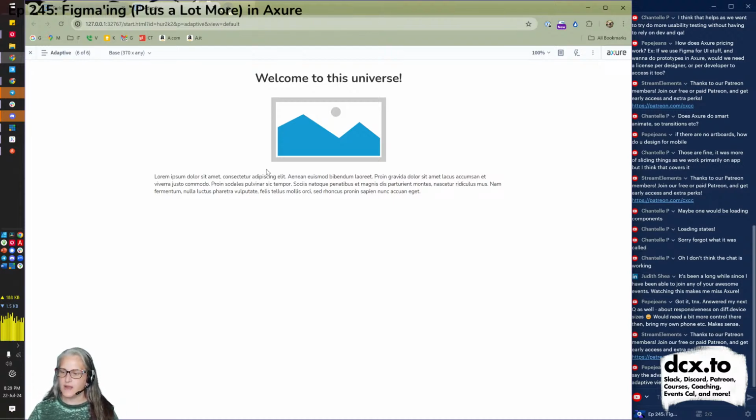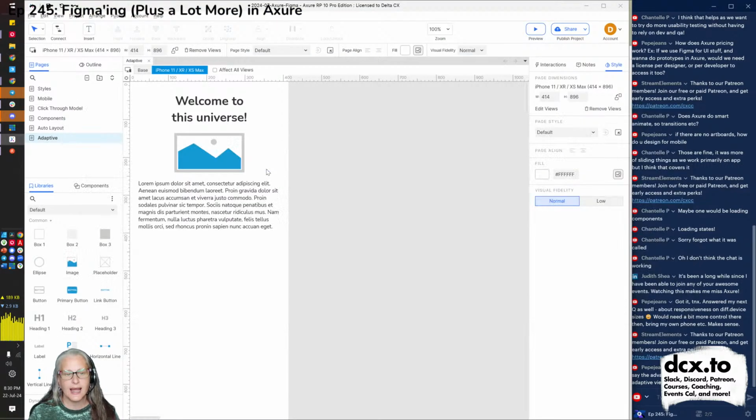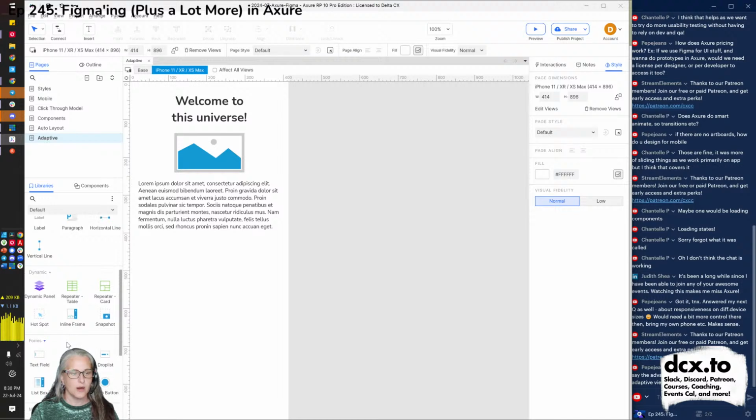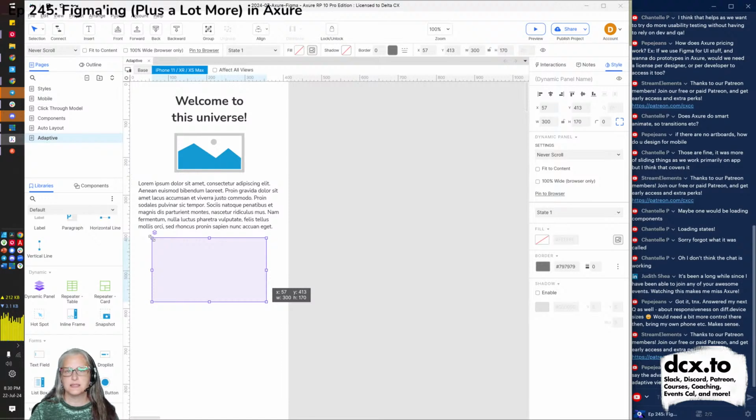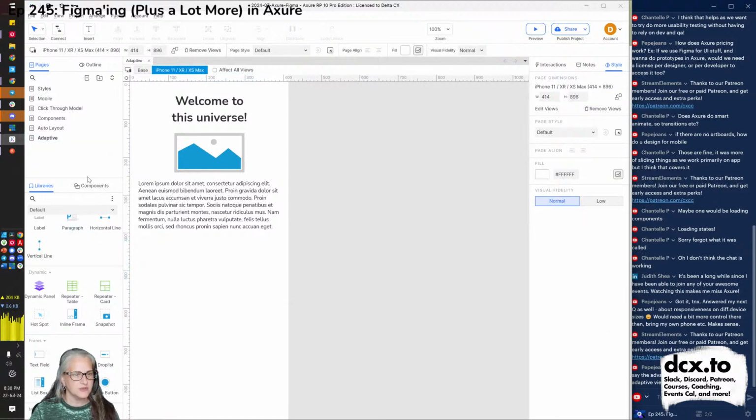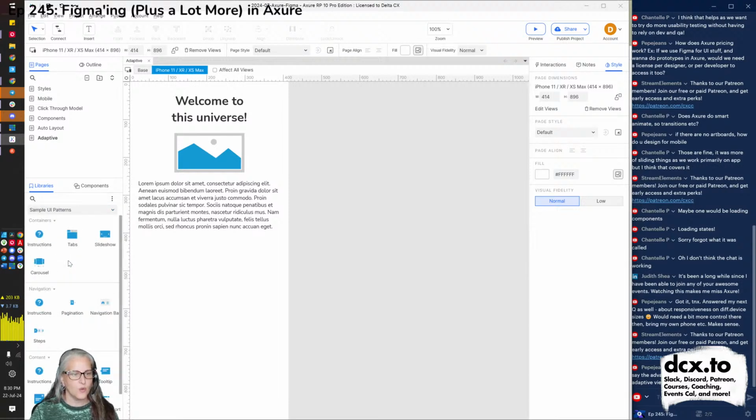What would you say the advantage of dynamic thing is versus this adaptive view? I don't know what dynamic thing is, but you can use dynamic panels if you mean dynamic panels. Dynamic panels are just an Axure widget that you can use anywhere. We can put a dynamic panel in here if we want, and we can have different states of that panel if we want. So for example, a use of dynamic panels can be seen in Axure's default UI patterns.